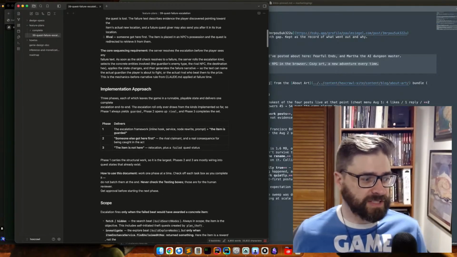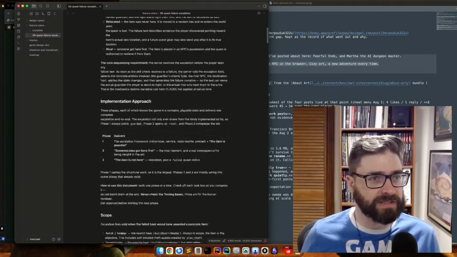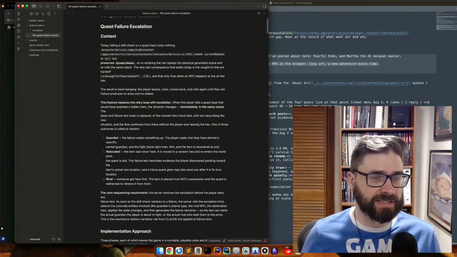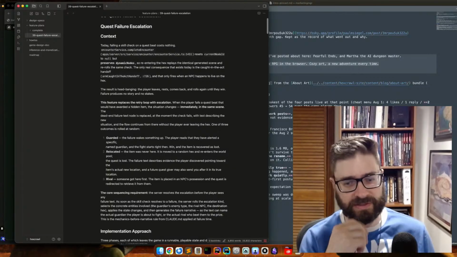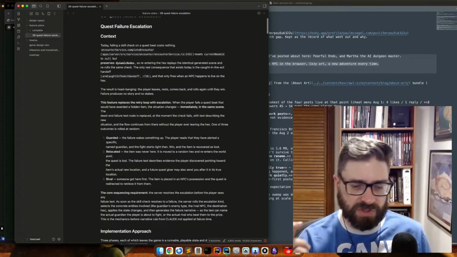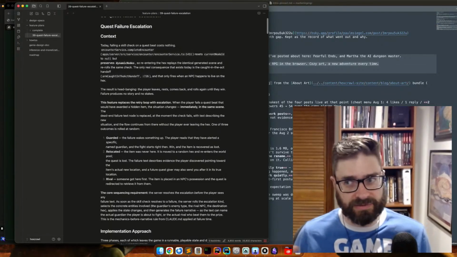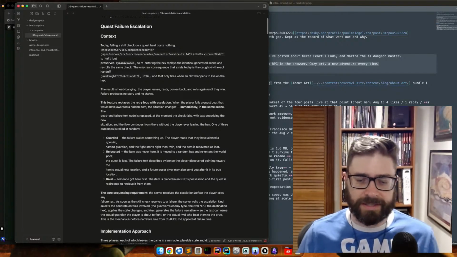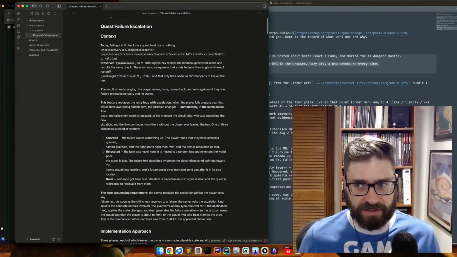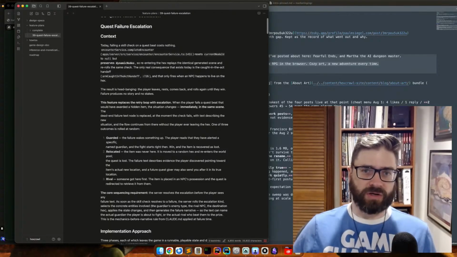The specific section we're working on here is quest failure, and I'm at the very end of it. I'd like to write these kind of phased plans for feature implementation. So this is my quest failure escalation is what I call it. So originally, when you failed a quest in the game, you go to the location, you search the ruins for the hidden mysterious clue, and you just fail the skill check or whatever. It kind of falls flat, and then you return to the NPC and they behaved as if you did the thing they asked you, and they move on, and it just sounds weird and wrong.